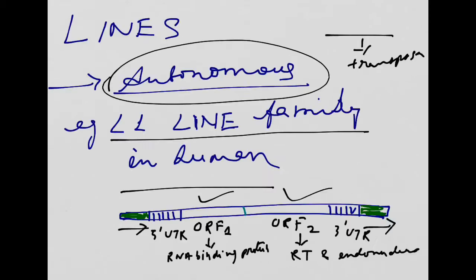How do they work? Suppose this is your DNA. They will have an A-rich sequence, as I have already told, at one end, so the other strand will have T. So they are called A-rich sequences. And there will be direct repeats after this A-rich sequence. The structure will be like this.